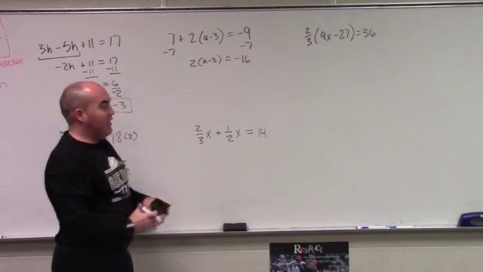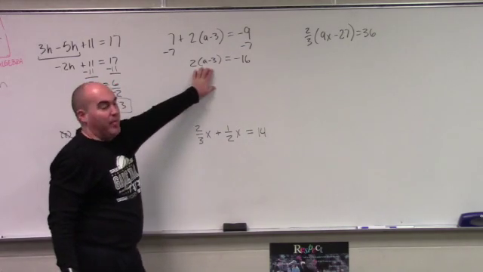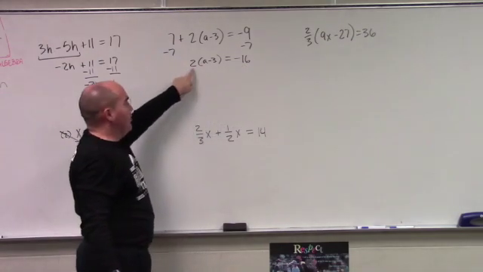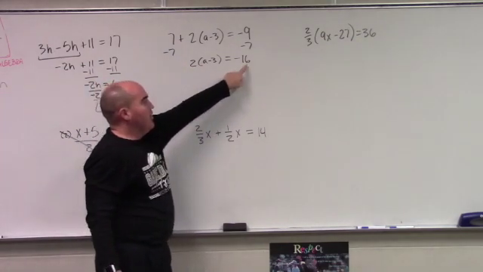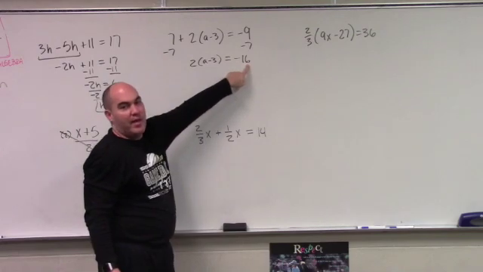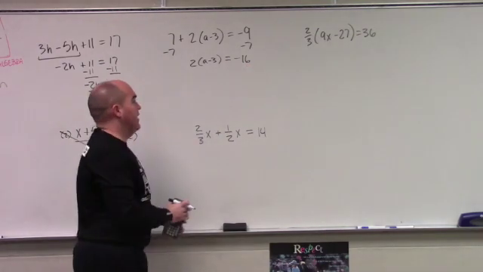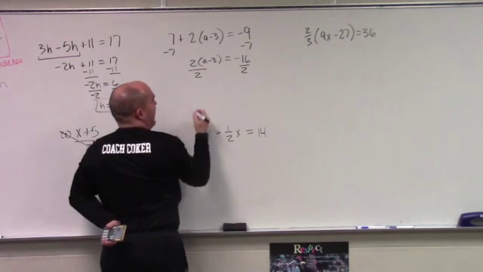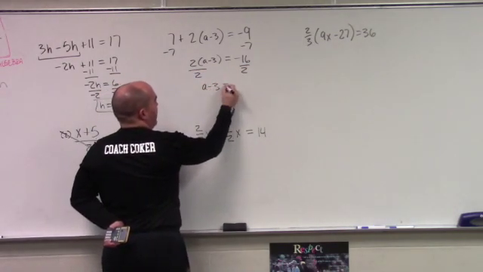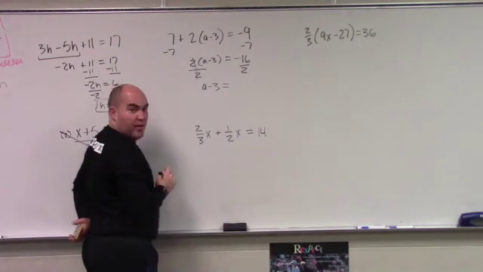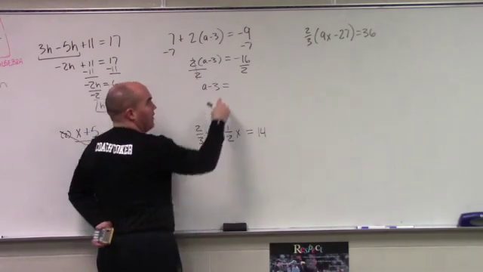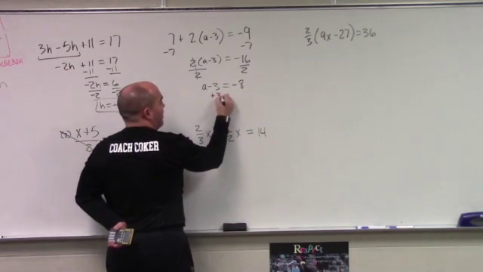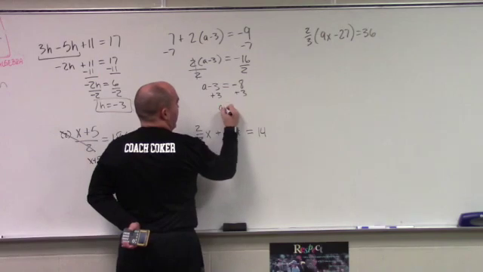Alright, now, anytime you have this that looks like distributive property and you have a number over here all by itself, you want to check and see if this number, this 2, is divisible or will go into that number, okay, the negative 16. And in this case it does. So if it does, we can go ahead and divide. So we get a minus 3. The 2's make a 1. 2 divided by 2 is 1, so they cancel, make a 1. Negative 16 divided by 2 is negative 8. So now all we have to do is add the 3. We get a equals